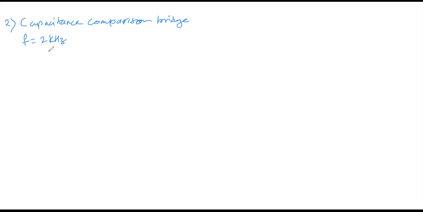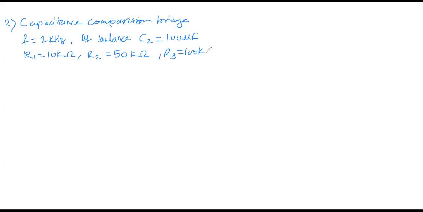The bridge constants at balance are C2 is equal to 100 microfarad, R1 10 kilo ohm, R2 50 kilo ohm, and R3 is 100 kilo ohm. Okay, and you have to find out